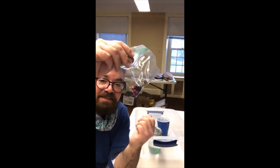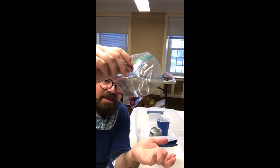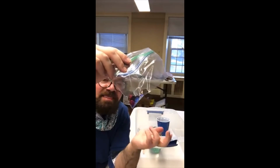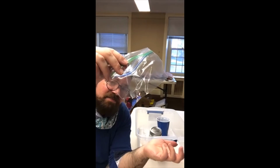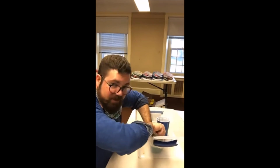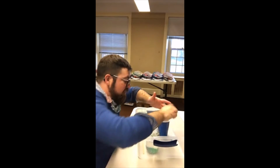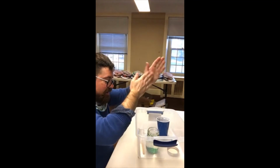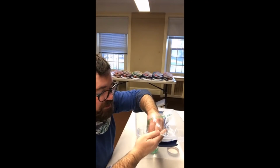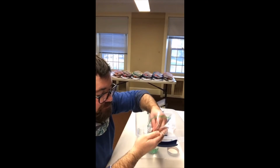Partially just because I think it's gonna look cool, and partially to see if we can see like, do they fall faster? Do they float? Do they fall slower? I think they're probably gonna fall faster, but let's find out. So I'm gonna open my jar back up carefully, because it's now very filled with glue and glitter. And get some glue on my hands. And I'm going to just like grab a small pinch of